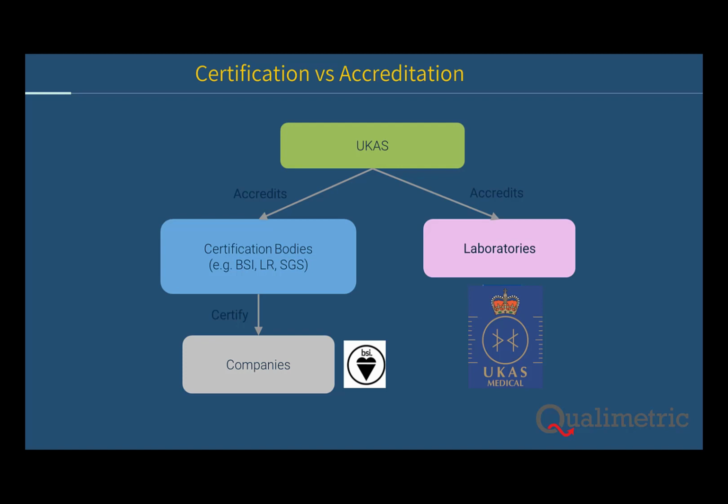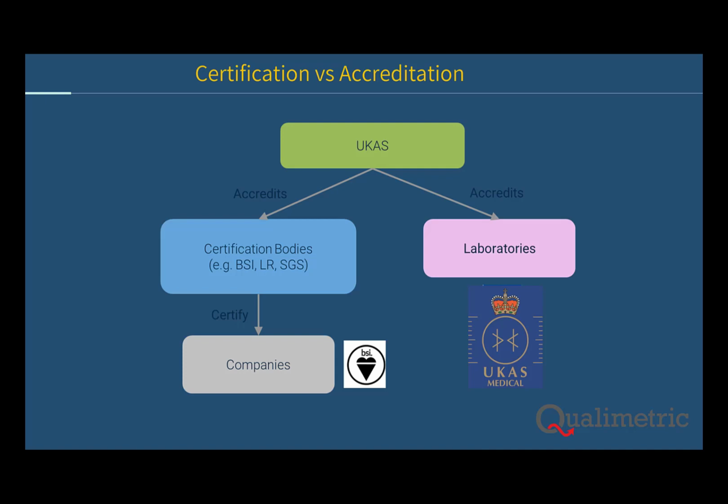So you'll end up with a team of people coming in, possibly if you have a wide scope of activity. We of course do look at the management system, perhaps not in such a way that they might do with 9001. So it's a little bit different. But once you get accredited, then you can use the UCAS logo. This is the particular logo here for clinical laboratories. So that's that medical logo. There's a different one for calibration labs or testing labs. That's how accreditation works. And that's recognised worldwide. So UCAS have an agreement through something called ILAC, where their recognition is recognised in Japan and France and Germany